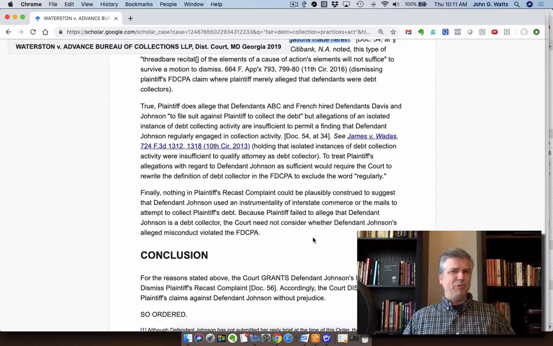And so this is very important. If you're bringing a lawsuit, and this may be more for the lawyers that are watching this, but if you're bringing a lawsuit, you've got to make sure you cover those elements. Sometimes, to be honest, we get so involved in number 3, which is, let me show how they violated the law, how they violated the FDCPA. And that's great, but we have to back it up and say,